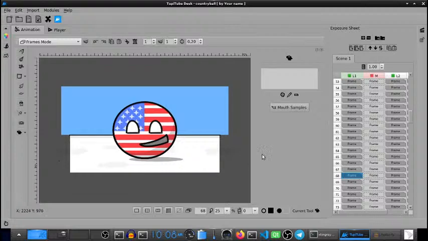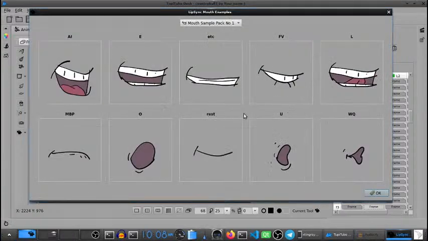You can open the Papagayo plugin, and here you will find a button which shows you a set of different mouths to play with lip sync. These are samples. You can create your own designs.